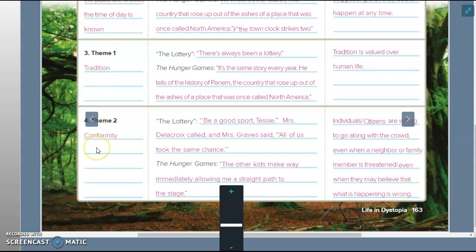Okay, the first theme and then the second theme was conformity. If you guys remember back, conformity is basically when you just go along with what everybody in front of you is doing, right? You just conform. You're like a sheep. You just follow the sheep in front of you. Okay? All right, so tradition,